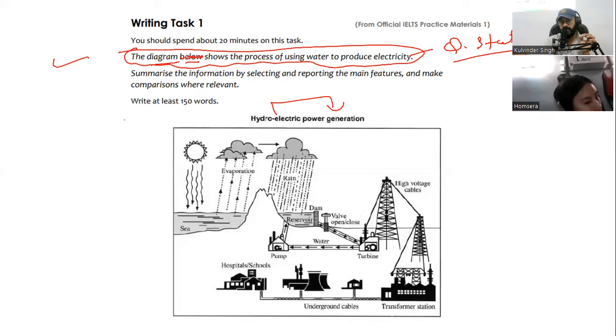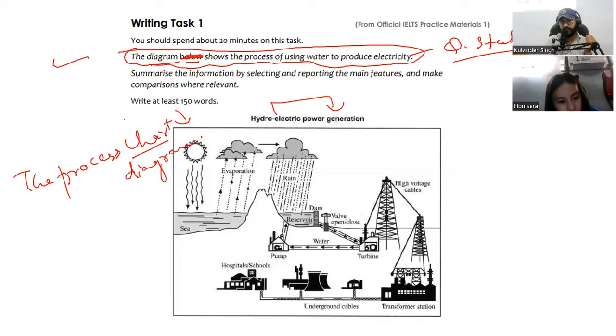We never write below in the answer book. So it is a diagram. So it is what? A process. So we write the process. We can say chart or diagram. Shows can be termed as illustrate,